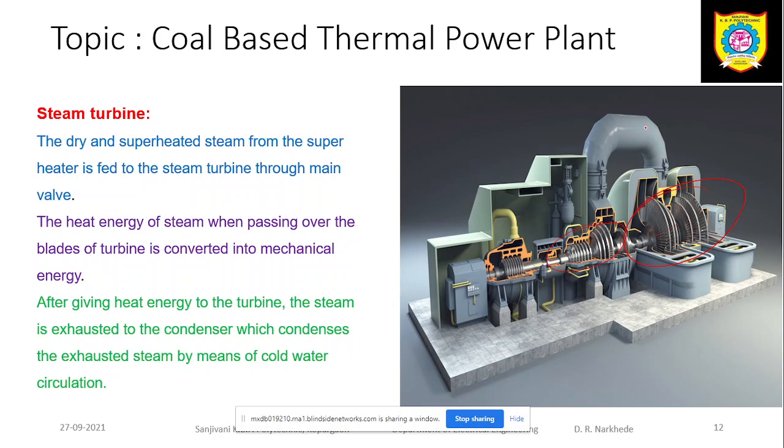Through this, the steam is going to be released. Whatever steam we get from the superheater will pass through this type of pipe. This pipe will carry the steam, and the steam is released over here. As the steam is released, the blades of the turbine get an impact. A tangential force is applied on the blades of the turbine because of the steam.